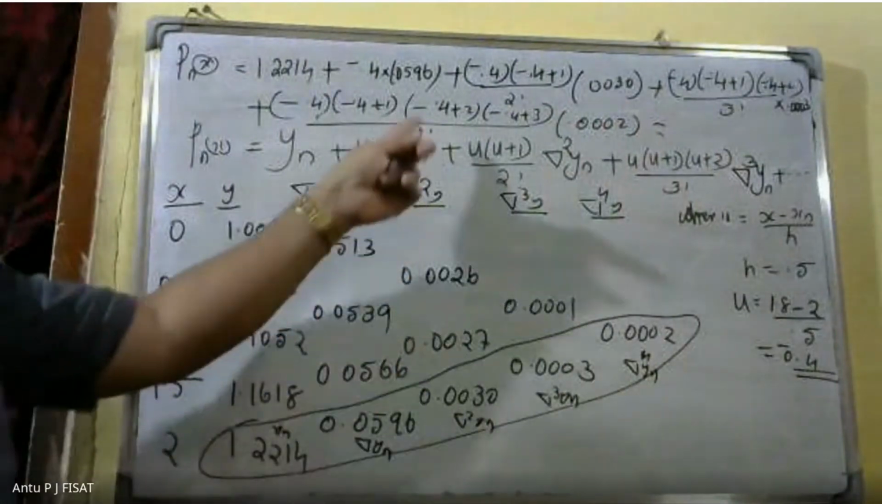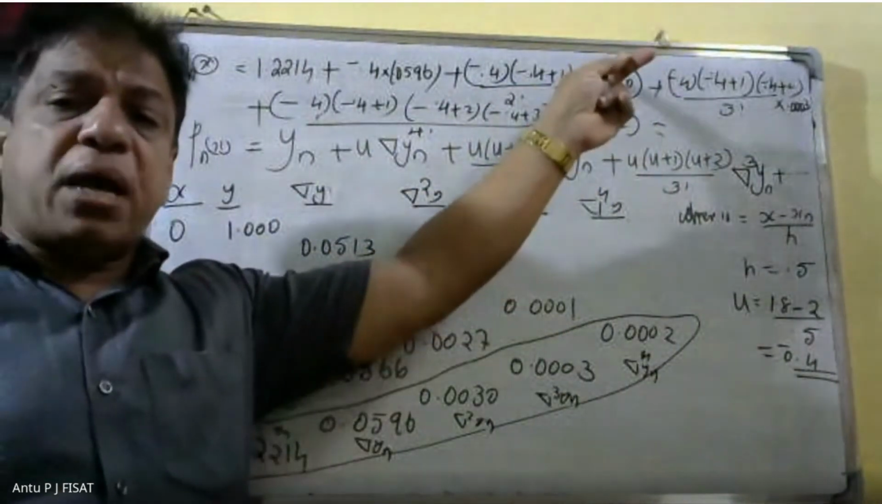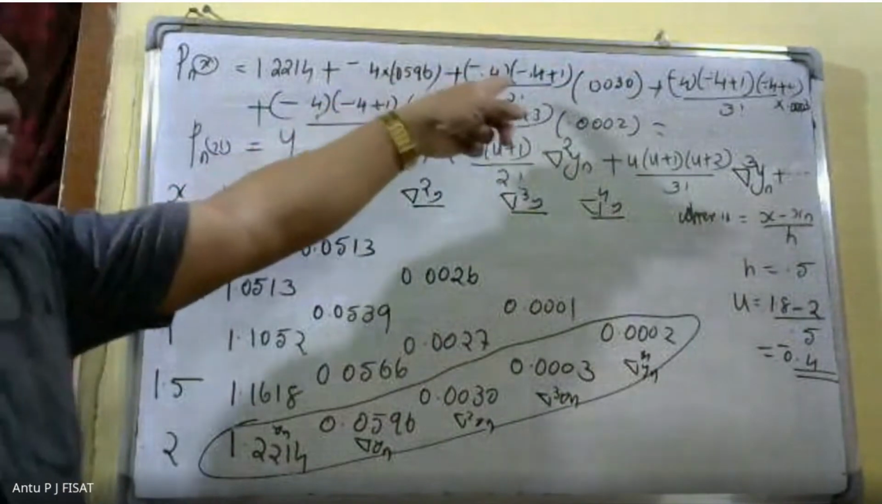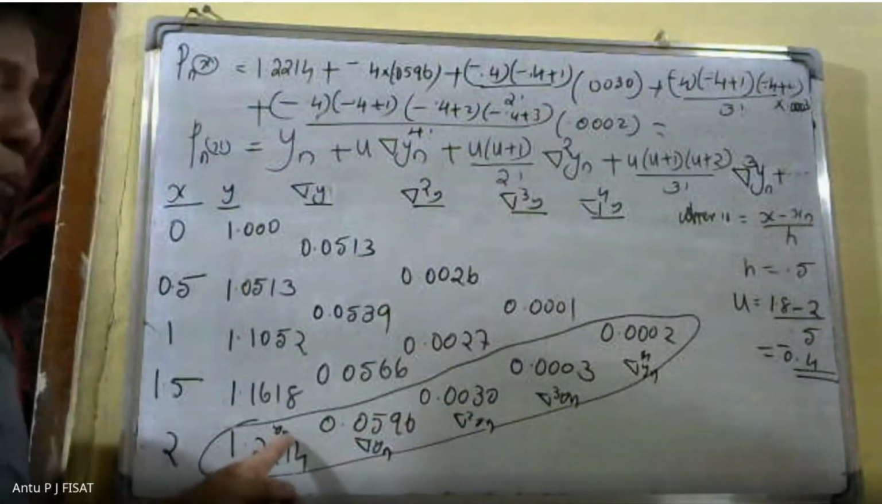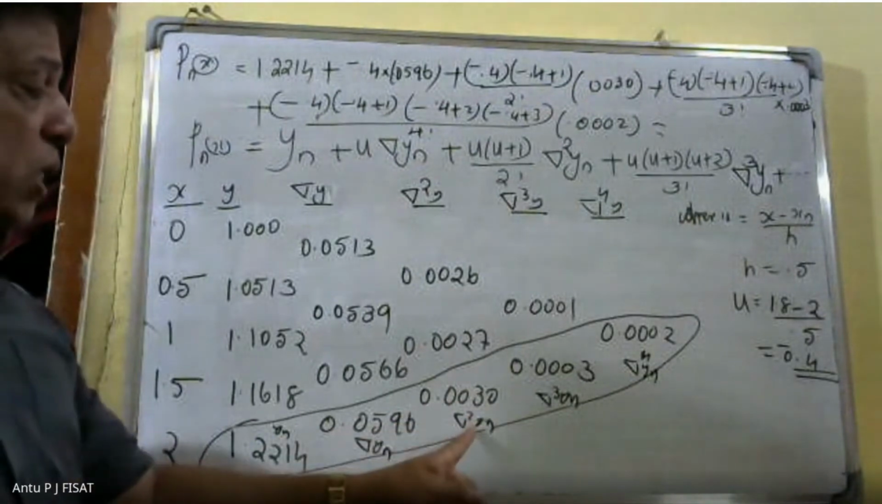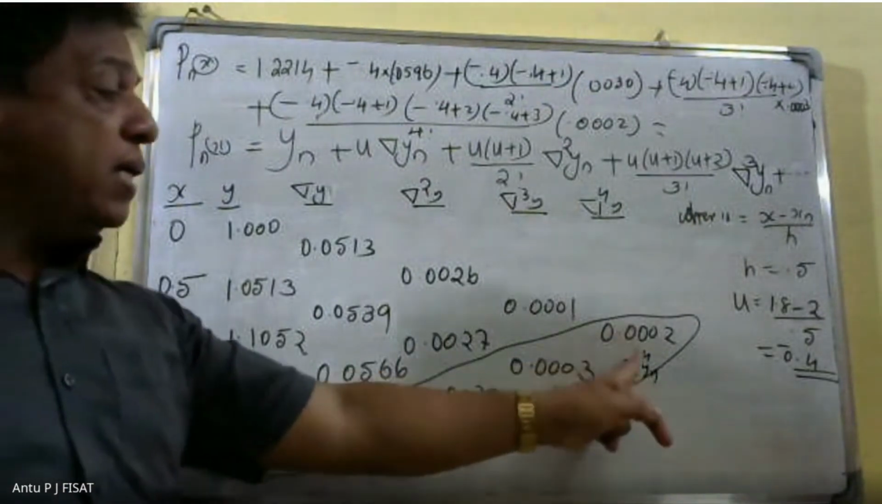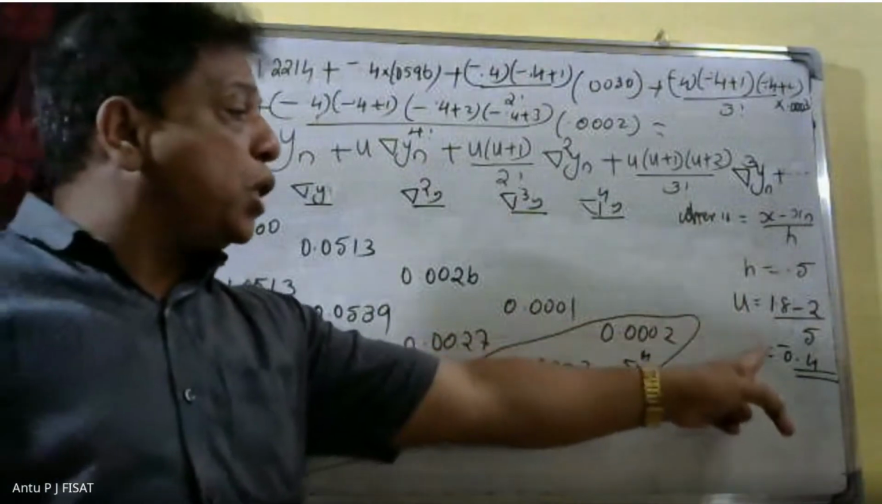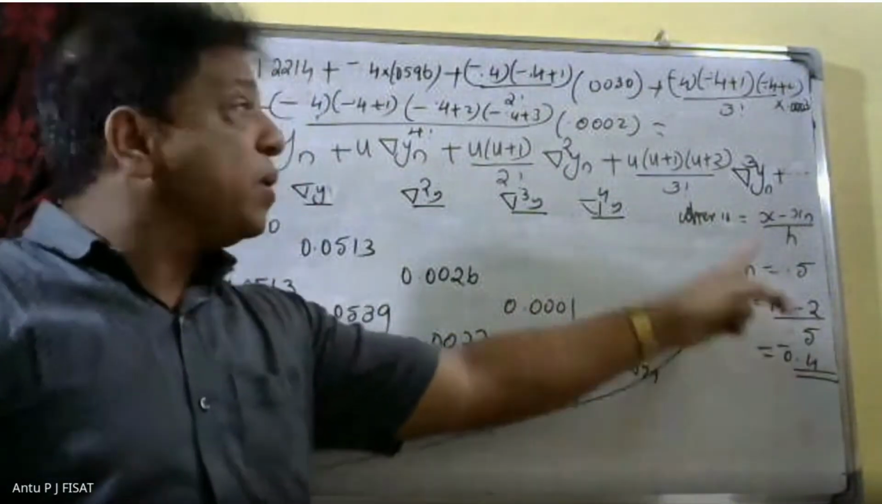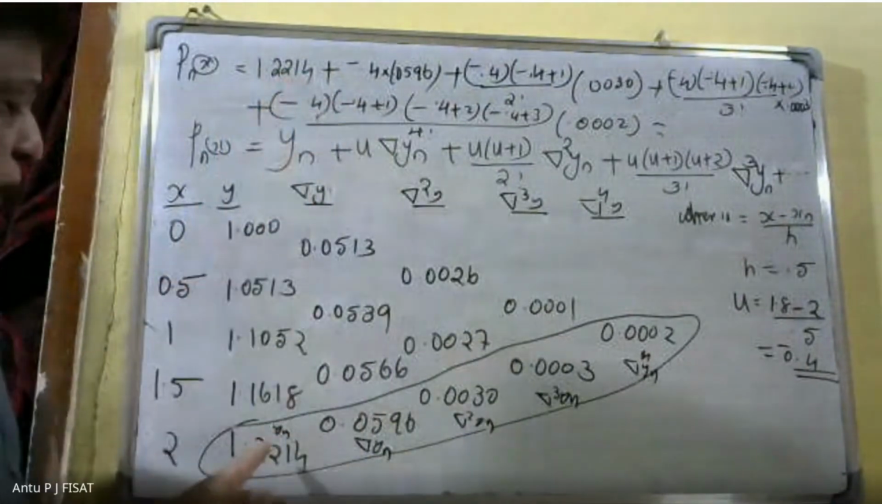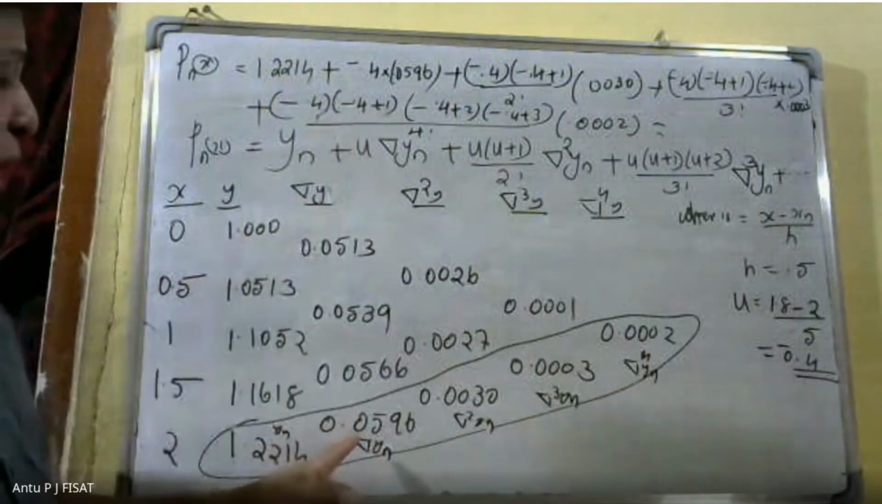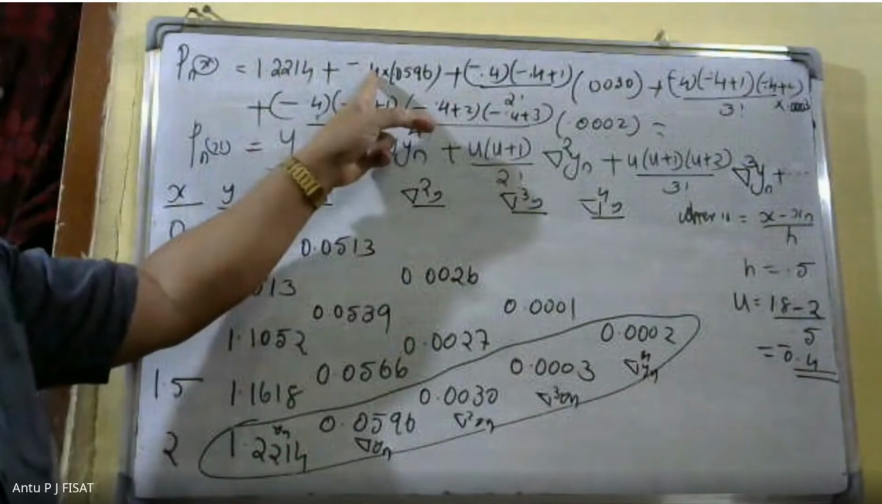We are substituting the values in the formula. This is the Newton backward difference formula. In this formula, we substitute the values of yn, del square yn, del cubed yn, del raised to 4 yn. Here u is equal to minus 0.4. We substitute 1.2214, that is the value of yn, and the value of u is equal to minus 0.4 into